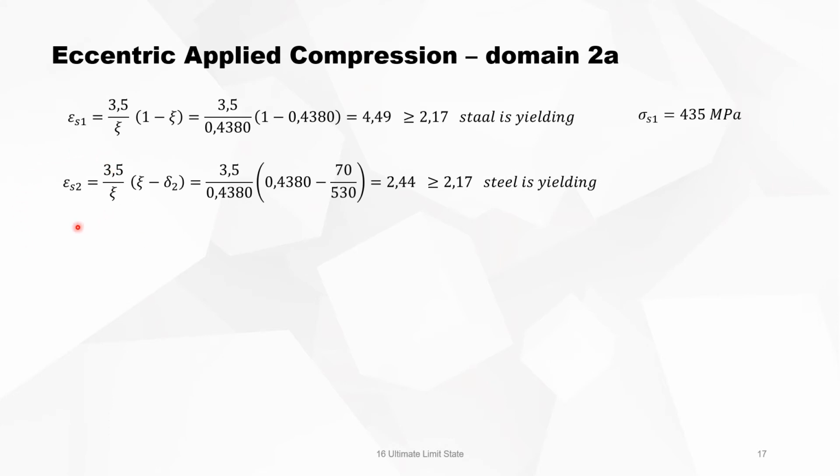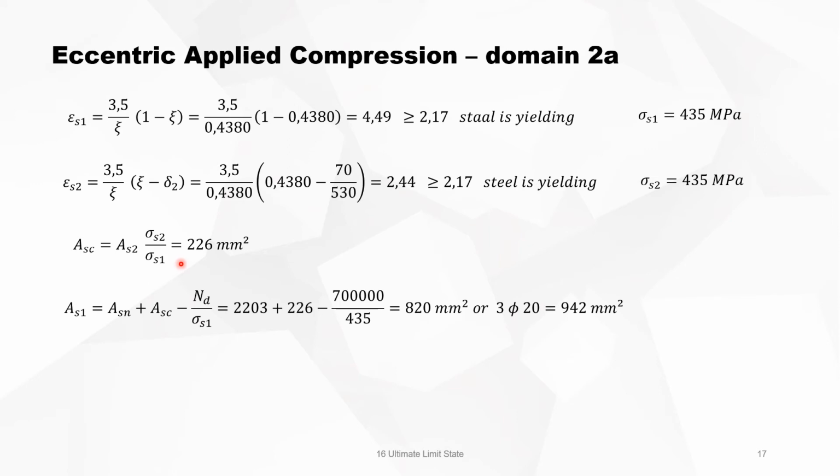And for the compression reinforcement, we calculate also with similar triangles. It's 2.44, so it's more than 2.17, the steel is yielding. So what we assumed in the beginning, that the steel was yielding, is confirmed. If this was not the case, we redo the calculation with the steel stress that we obtain here. And then As,c is pro rata, the reinforcement, but sigma s2 is the same as sigma s1, so it stays 226. Then the total reinforcement is 820 square millimeters, which is also 3 diameters 20, but